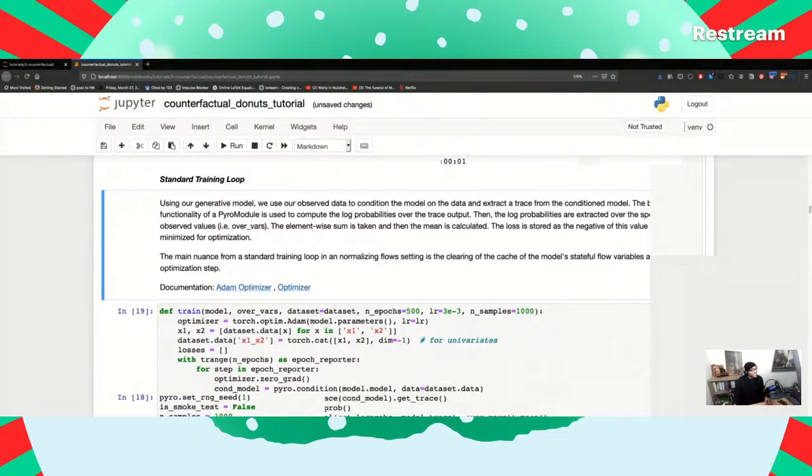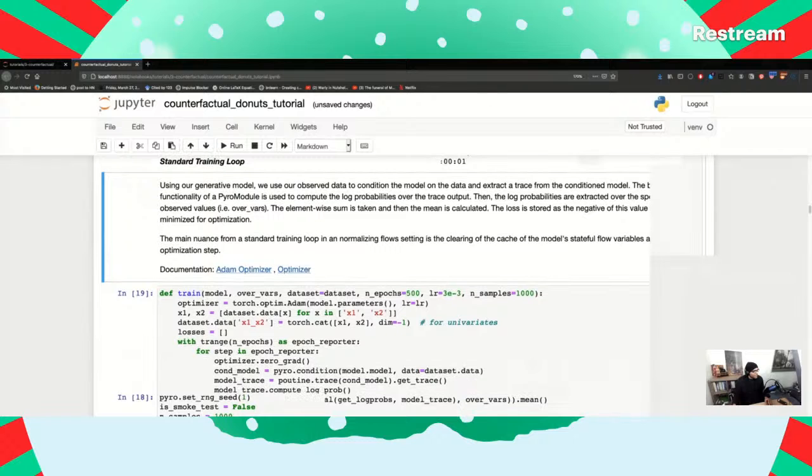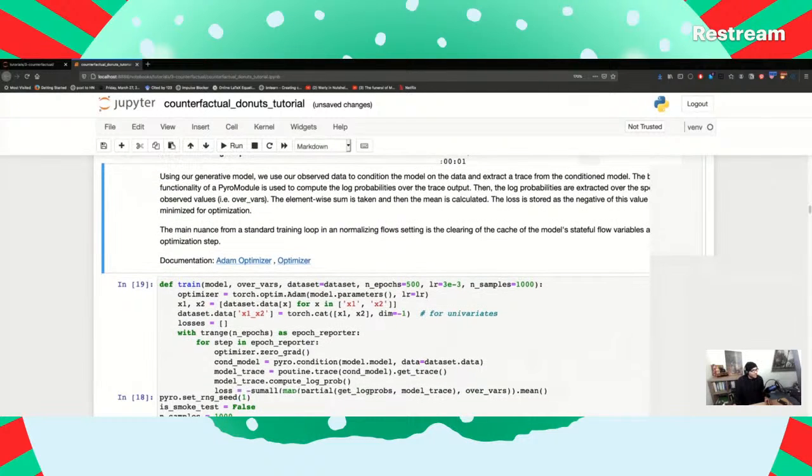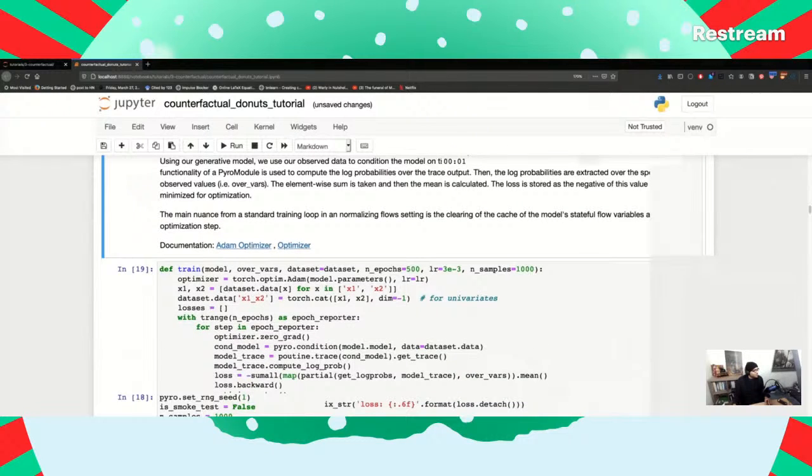I think a Pyro module is like what? Is that some subdirectory of Pyro? Extracted over the specified observed variables. Okay, the element-wise sum, and then the mean is calculated. I guess maybe what are we taking sums and means of? The loss is stored as a negative of this value and is minimized for observation.